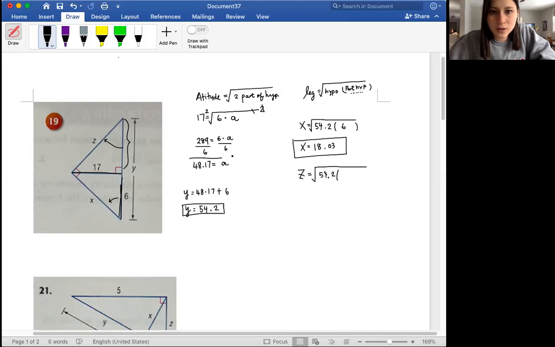We gave it a variable and it's A. And so we could just use that in place and say 48.17. And so we're going to multiply that out and square root it. So 54.2 times 48.17, it's like 2,000 something. We're going to square root that, and z equals